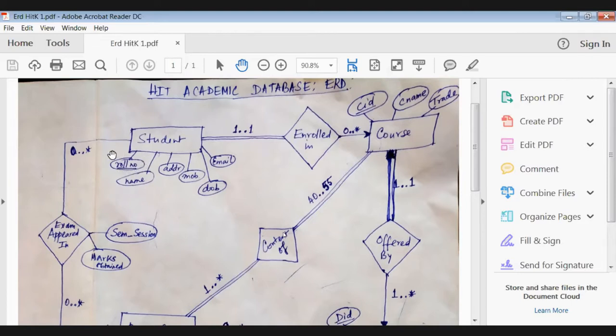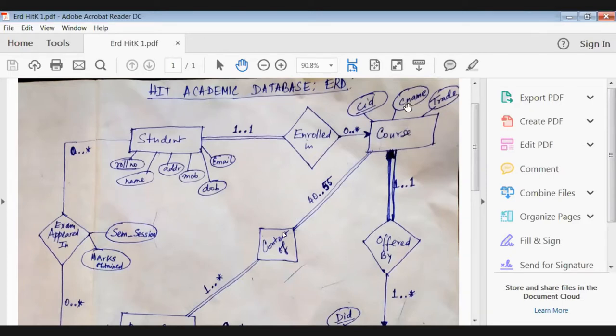Roll number is the primary key of the student table. Course has 3 attributes: CID, course name, and trade. Now, what is CID? It is the primary key. It is just a sequential number.